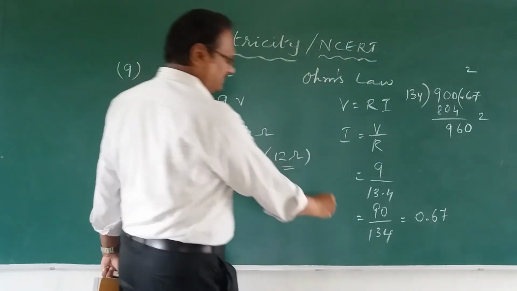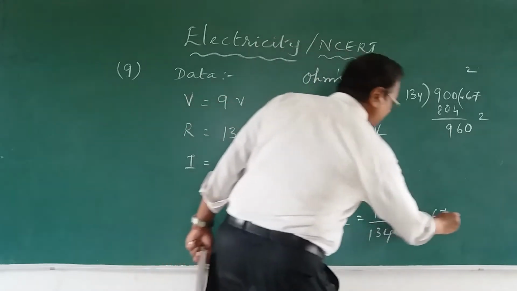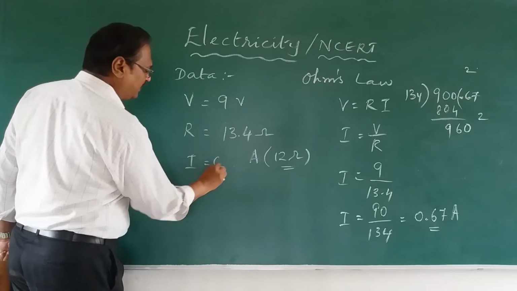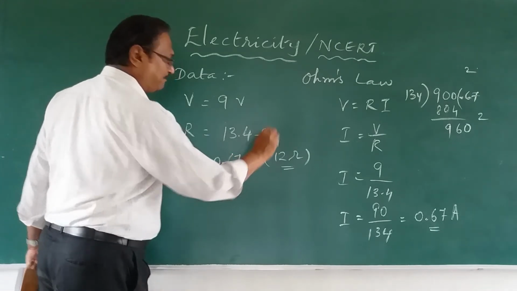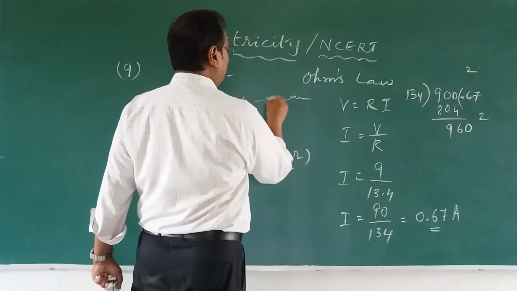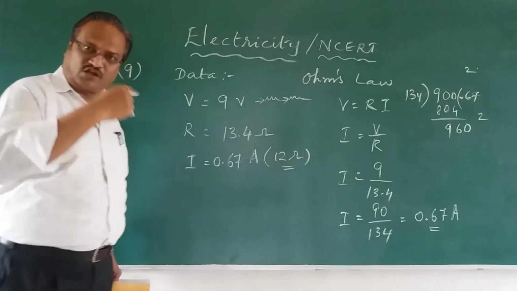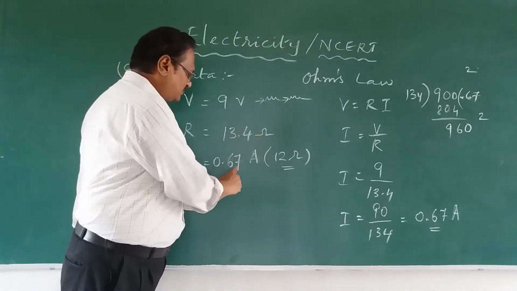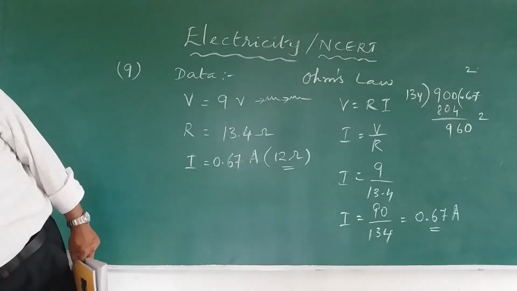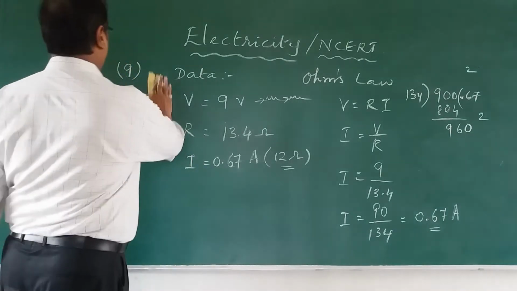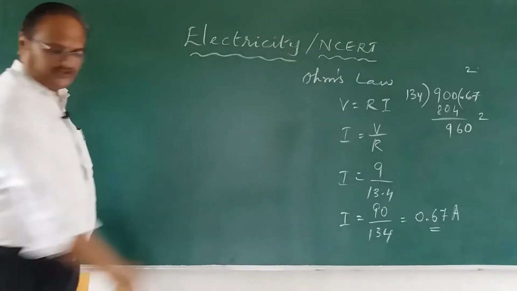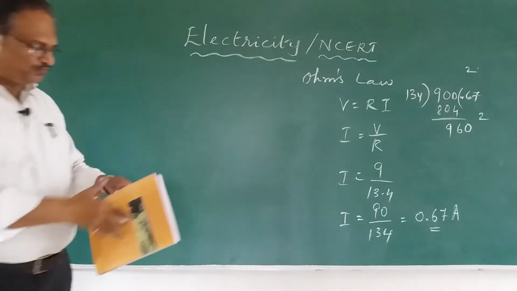0.67. What are we calculating? Current. Keep that in mind. That is ampere. So the answer is 0.67 ampere. So as I said, since they are in series, the same current will flow through. So across 12 ohm also 0.67 ampere will flow through. Yes. So this is one problem, the 9th problem. Okay. Let me proceed one by one like this so that we can try to complete as many as possible.